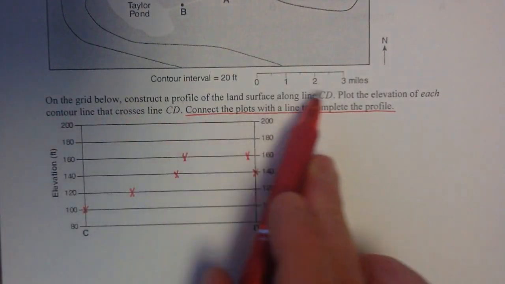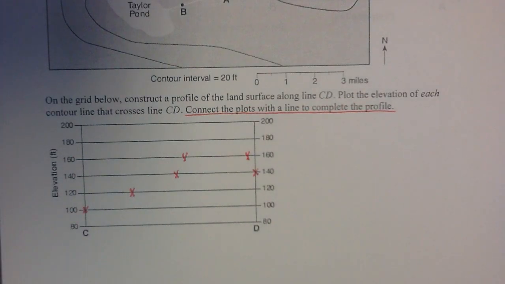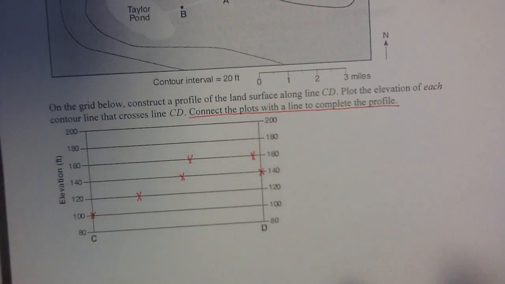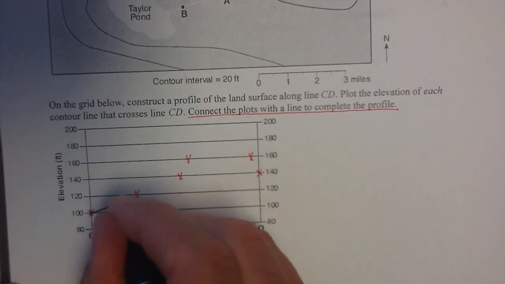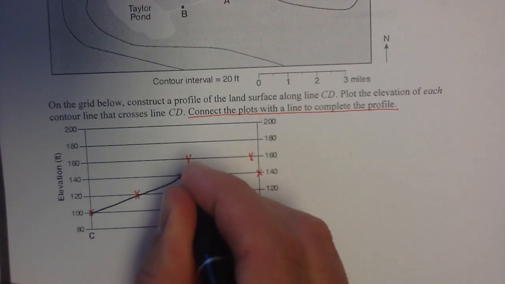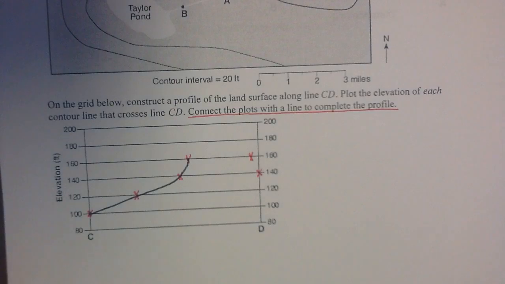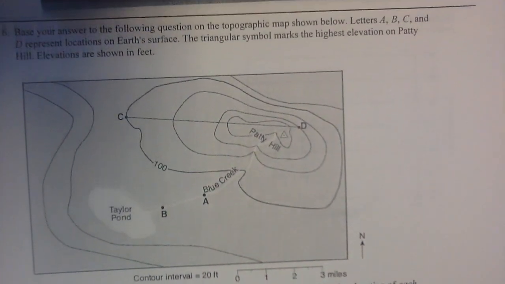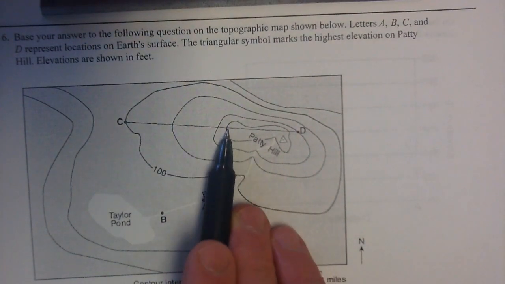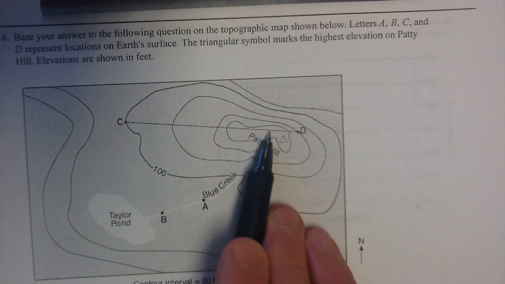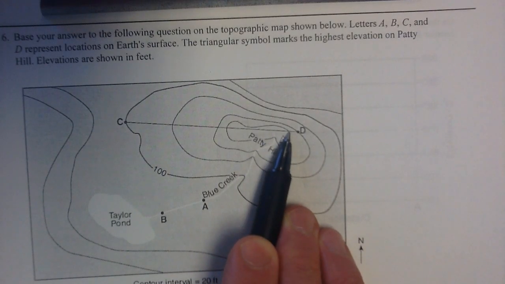So now the last step, it's always the last step, is to connect the plots to complete the profile. Always make sure that you read the entire instructions when you're creating a topographic profile. A lot of people will plot the points and then they'll forget to connect them with a line. And when we connect our points with a line, we're going to start over here on the left. And remember, when we get up to this 160 point, if I go back to our map here, we were right here at 160 feet. Every point in here is above 160 feet,